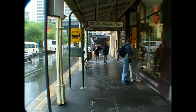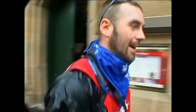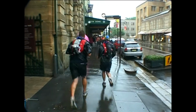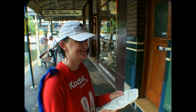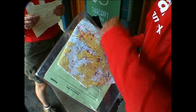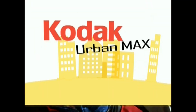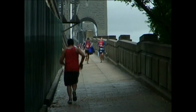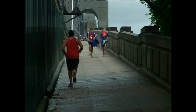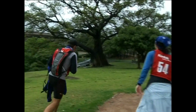The teams following them arrive to the same problem, but they decide to move on. Got to come back, huh? Some of them not in total accord. I politely disagree with your decision. Well, we've got 20 minutes. We can do the Southern Island, come back and do the Observatory Hill, and then be back here in 20 minutes. Yeah. We can run pretty well, so if it's a toss-up between waiting for 15 minutes for a train, we'll probably run. Yeah. Team 54, Ian and Claire, the self-confessed strong runners, have their picture taken at the observatory